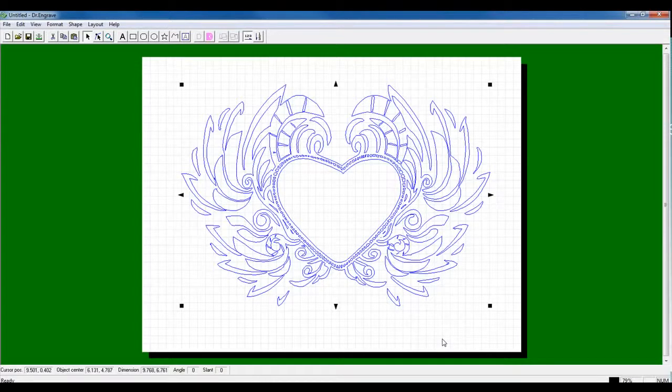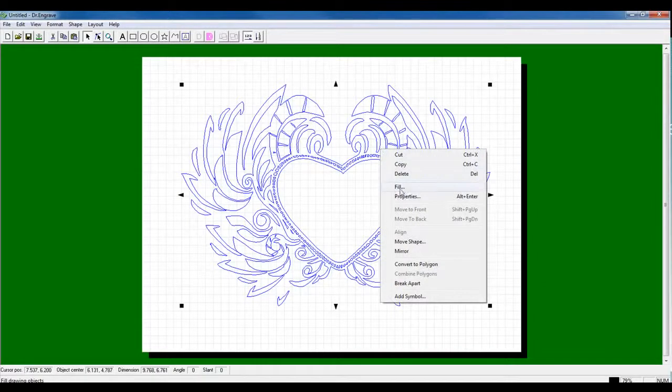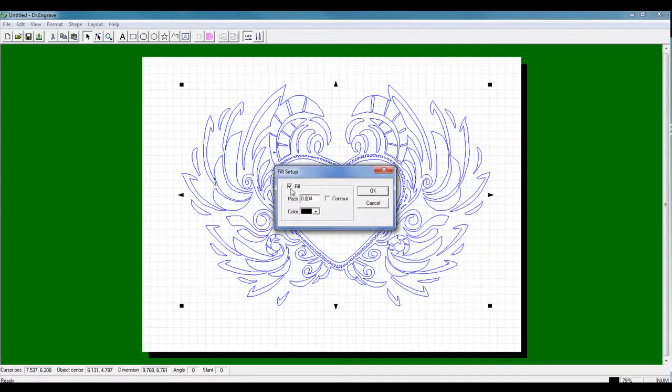Now, if I wanted to fill this graphic, I can right-click on the graphic, click Fill, enable the fill function, and for the pitch, this will be half the size of the engraving tool. As an example, if I'm using a .030 engraving cutter, I would set my fill pitch to half that, which is .015,